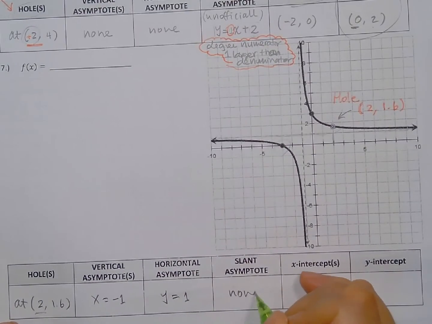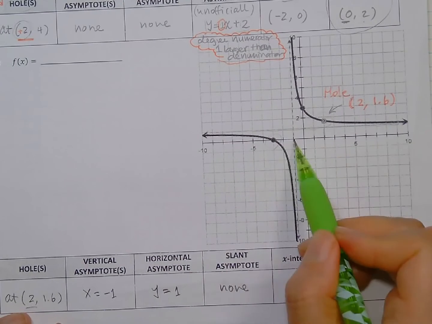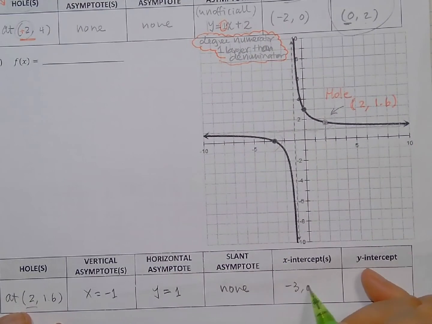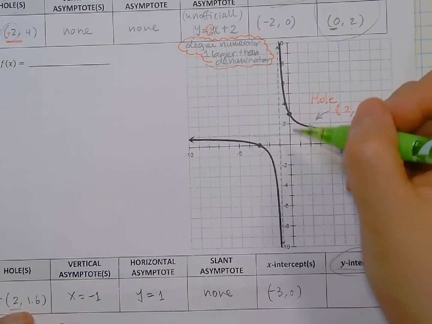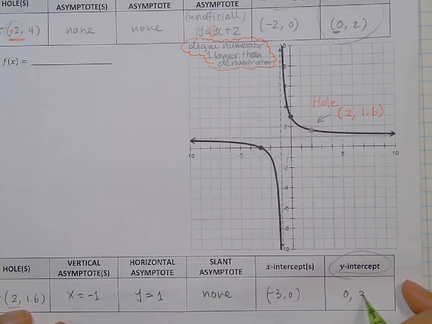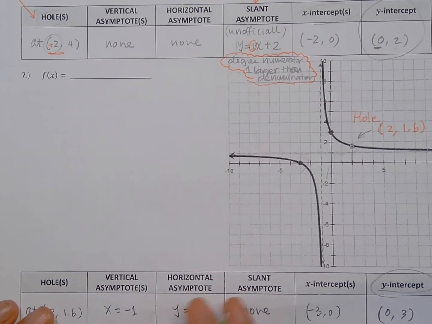No. And then do I have x? Yes, right there. It's 1, 2, 3 to the left, so it's (-3, 0). Y-intercept? Yes, it's 1, 2, 3 up on the y-axis, so it's (0, 3). Okay, then let's